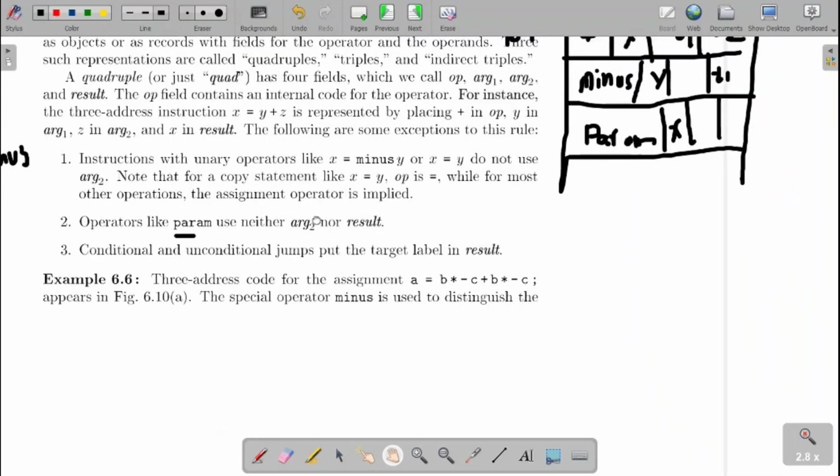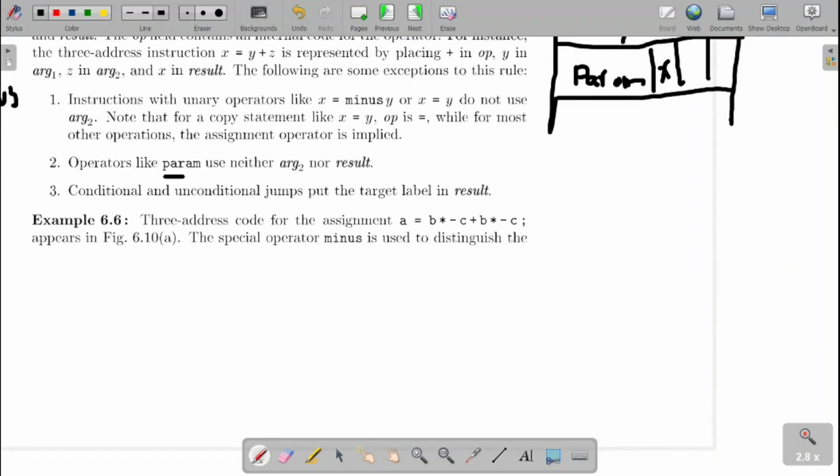Now let us consider the example. Our example is A equal to B star C plus B star minus C. How will it be done? First, T1 is minus C. Then T2 is B star T1.